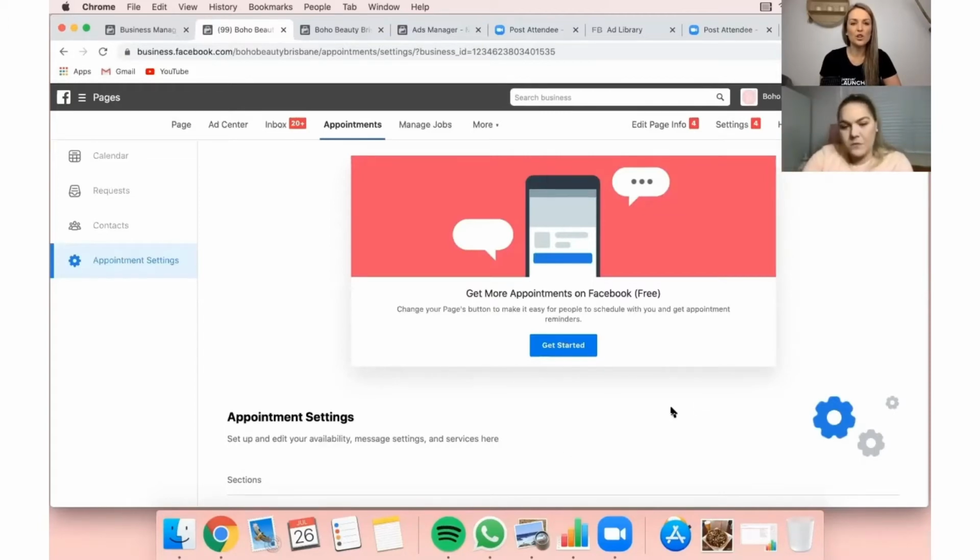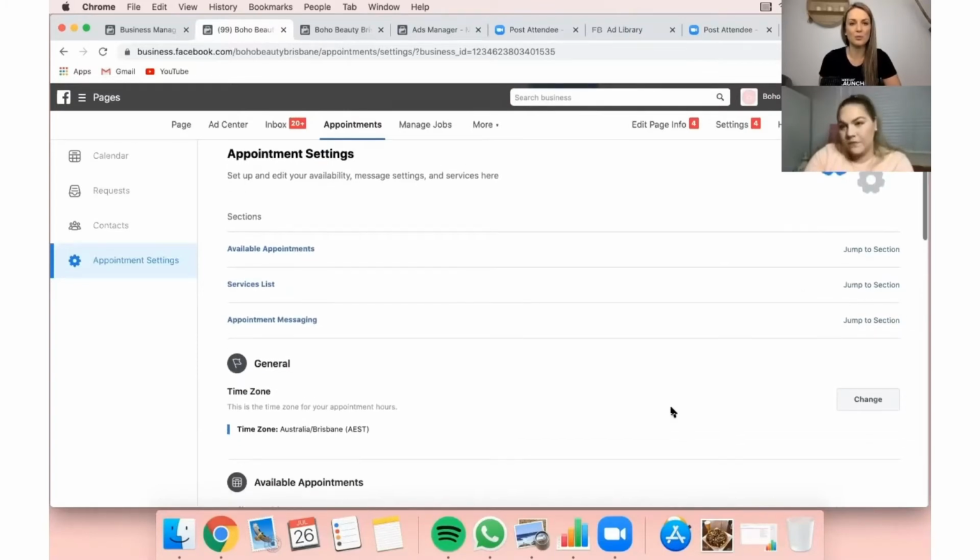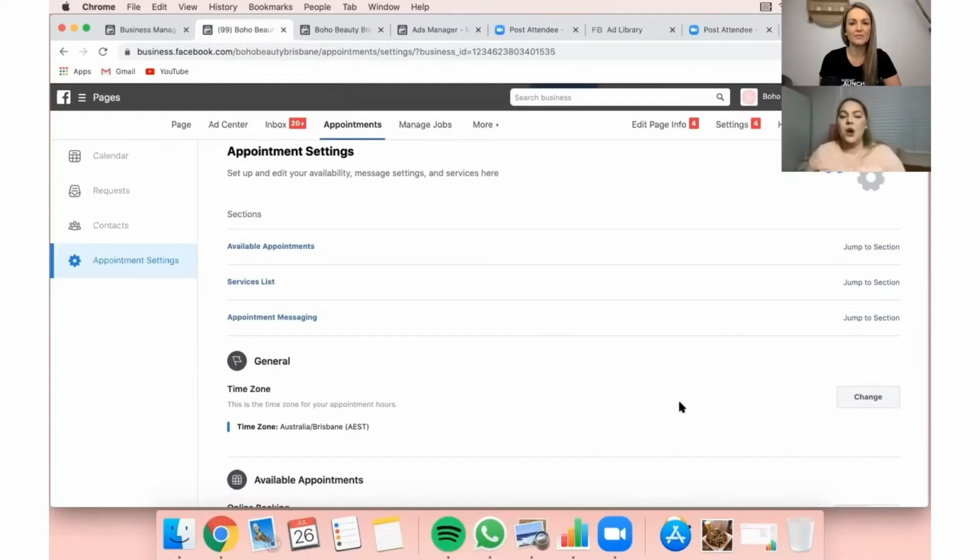So when would you have availability open for people to book in themselves versus when would you manage the booking yourself? Once I'm 100% confident that I can get a full set done in under 2 hours, and an infill done in an hour and a half, as I'm still figuring out those lashes. If you're already an established business and you want to move across to Facebook appointments, and you know the allocated time, you can literally open it up straight away.